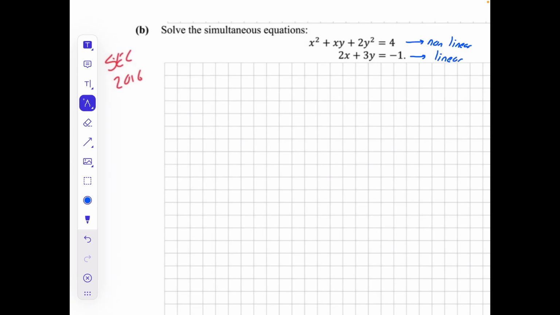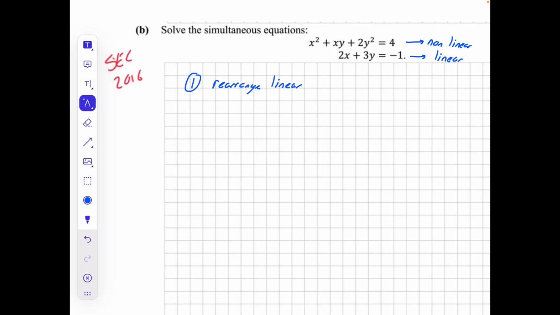Now, the first thing that you're going to notice when we get into this question is there is going to be quite a lot of fractions involved. With the, I think was it the 2013 simultaneous equation where there was 3 of them, we were able to get rid of the fractions. We won't be able to here, but we'll get to that when we see it. So step 1, we're going to rearrange